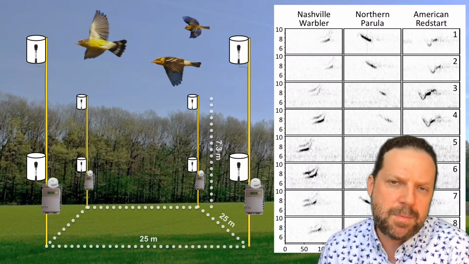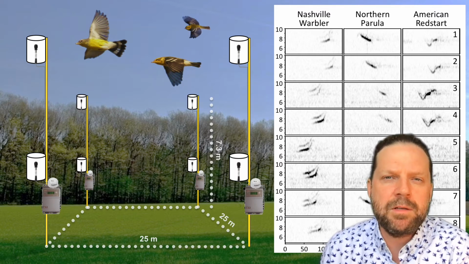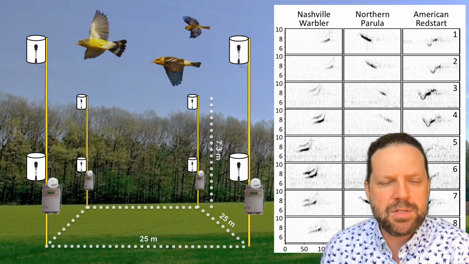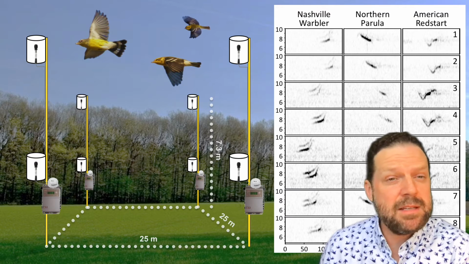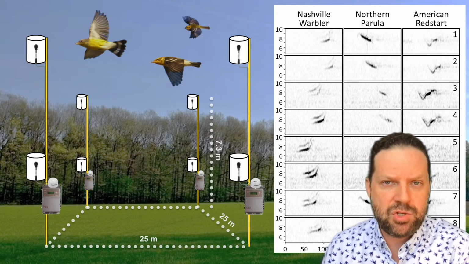And here are the sound spectrograms that this kind of system generates. Again, they're 8-channel sound spectrograms, and I've isolated 3 different species of wood warblers. The scale on the x-axis here is milliseconds, and you can see the delays in that same signal reaching each one of those 8 microphones. It is those delays in sound arrival time that allow us to triangulate the position of the bird as it